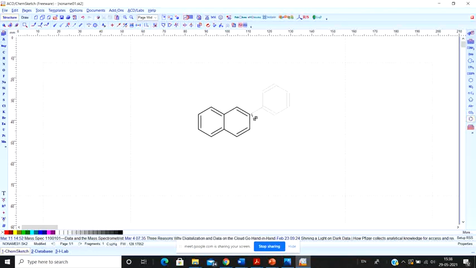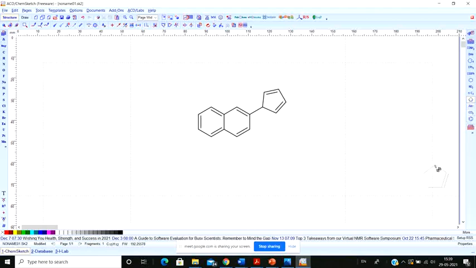Next, again I have selected a particular molecule, and suppose I have selected this pentagon. I want to add this into this edge. So I will select the edge where I want to add and simply click it, and see it has been added. Like this you can select all the most widely used groups that are present there.